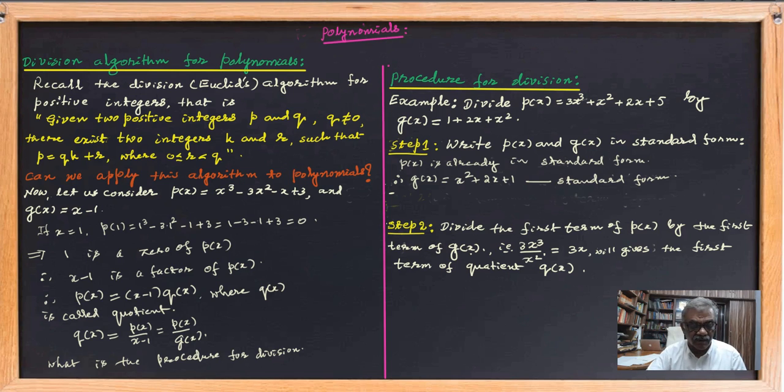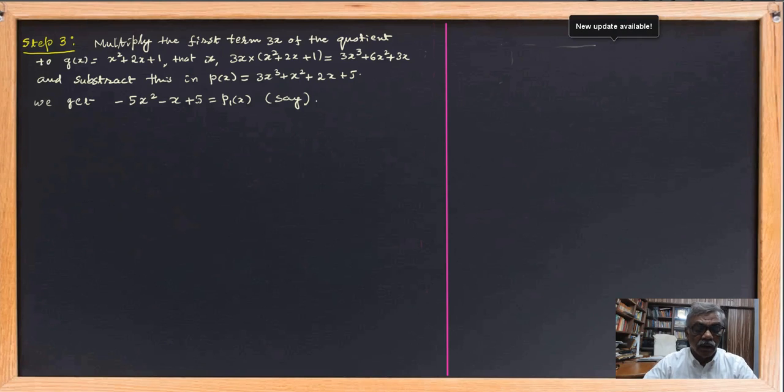What about the other terms of the quotient? We can see in steps 3, 4, etc., where I am going to find the whole of q(x), that is the quotient. Step 3 suggests that we multiply the first term 3x of the quotient